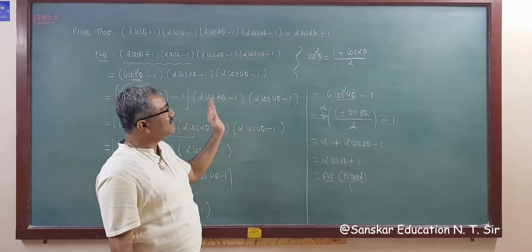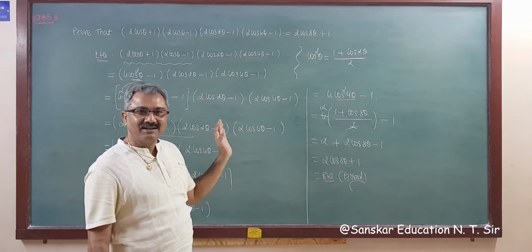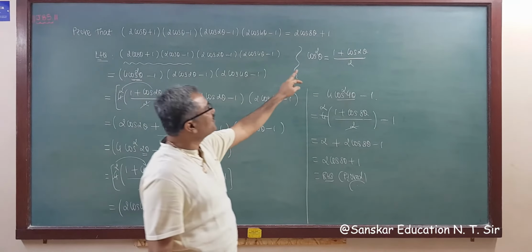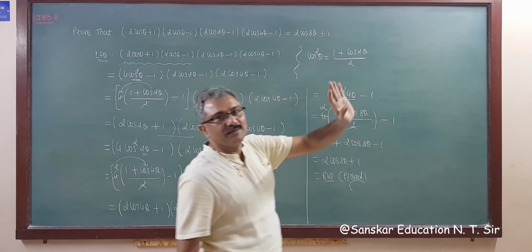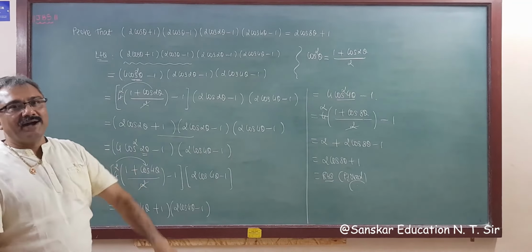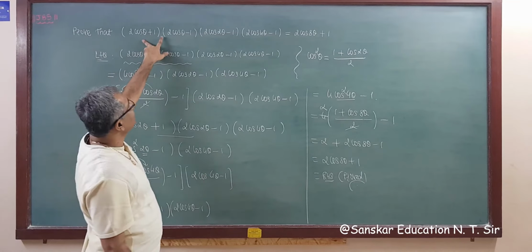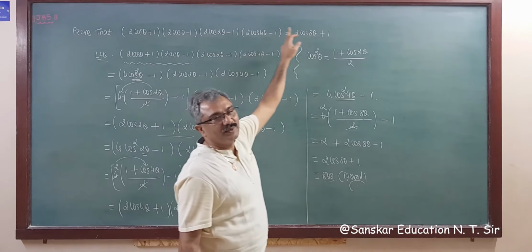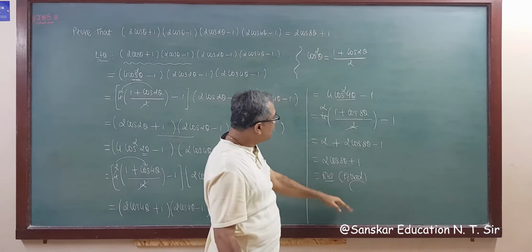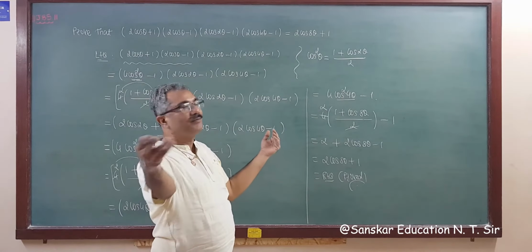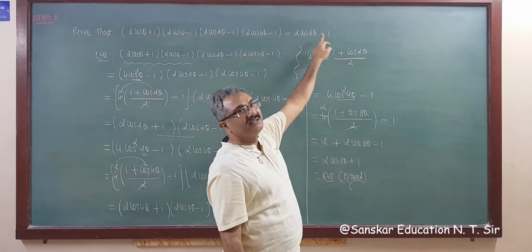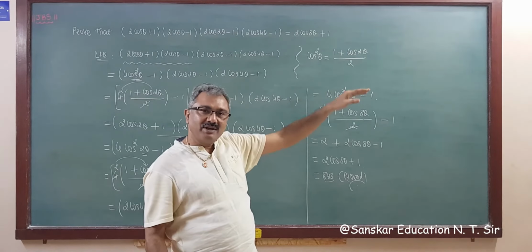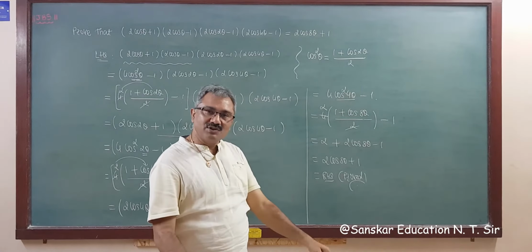So this is a nice, good question. We have to apply only one formula, that is cos square theta is (1 plus cos 2 theta) by 2. How do we get the idea? See, a plus b, a minus b. So 1 becomes 2, 2 becomes 4, 4 becomes 8. If we take these two on the left hand side, then your answer will now be 2 cos 16 theta plus 1. So you can extend your questions also.